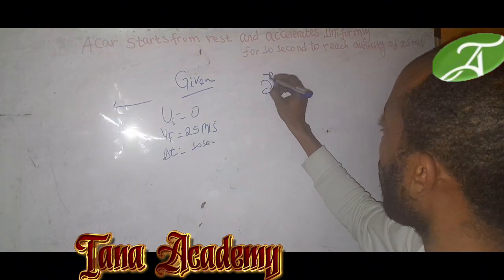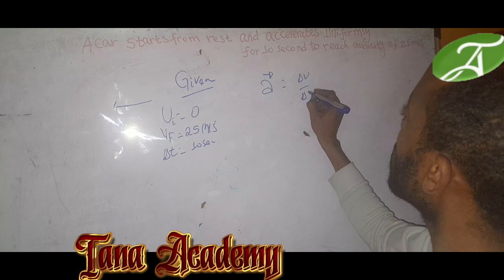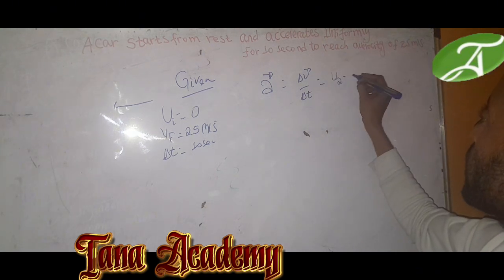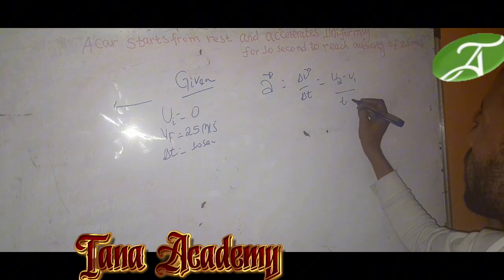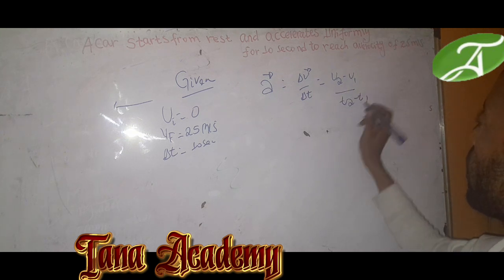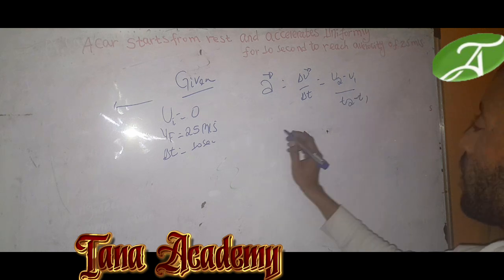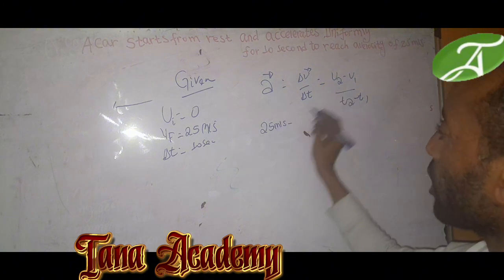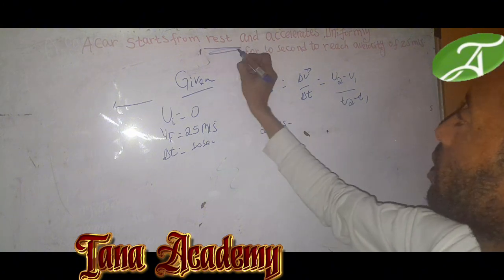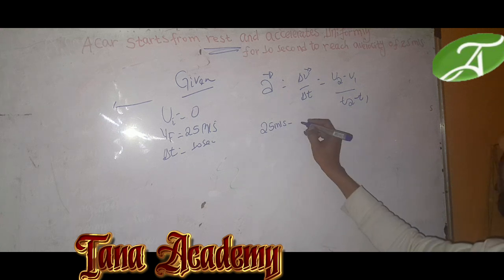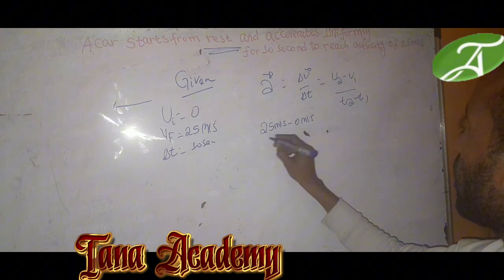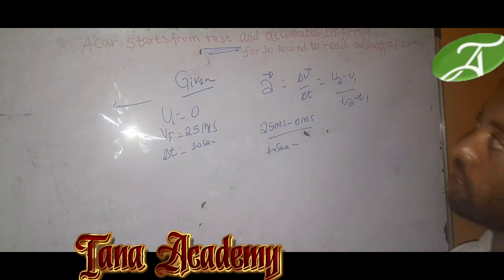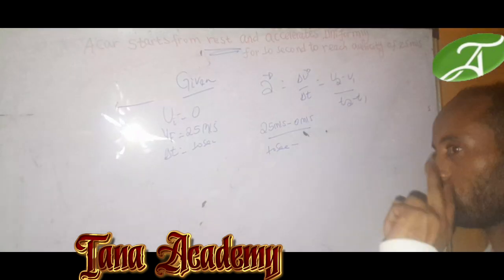Acceleration a is equal to change of velocity over change of time. Change of velocity is final velocity minus initial velocity, over final time t2 minus t1. Final velocity is 25 meters per second minus initial velocity, because it starts from rest, 0 meters per second, over t2 is 10 seconds minus t1, that means the initial time for initial velocity is 0